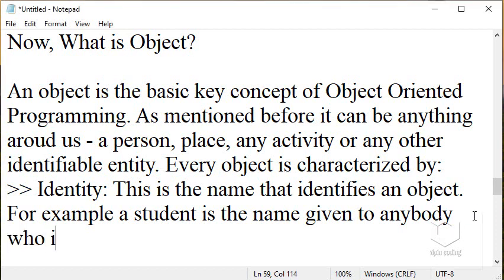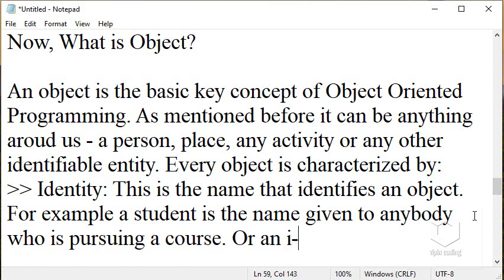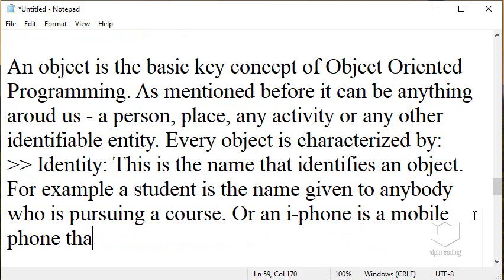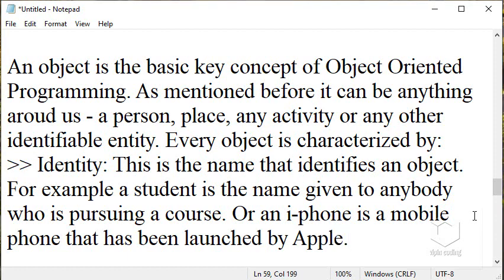For example, a student is the name given to anybody who is pursuing a course, right? Or an iPhone is a mobile phone that has been launched by Apple. Okay,